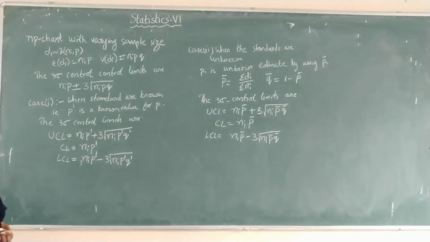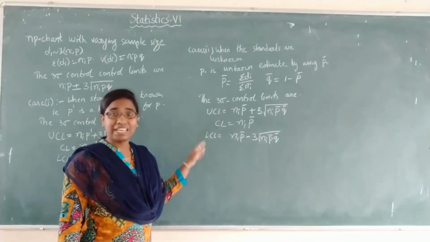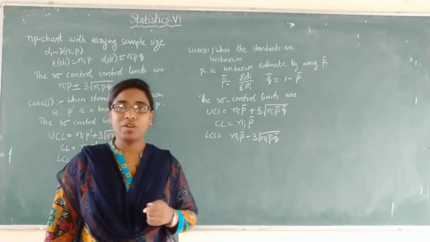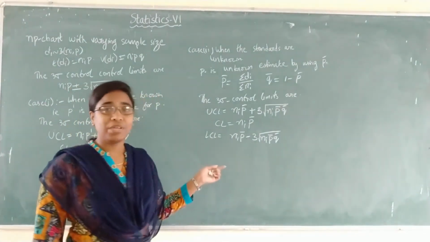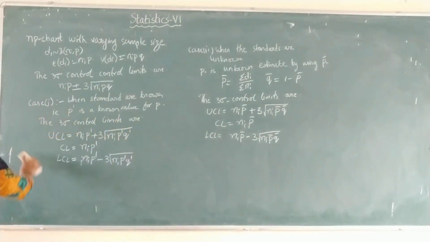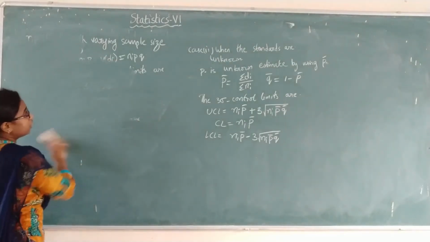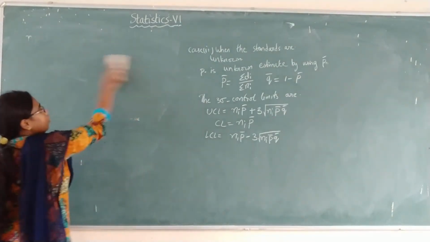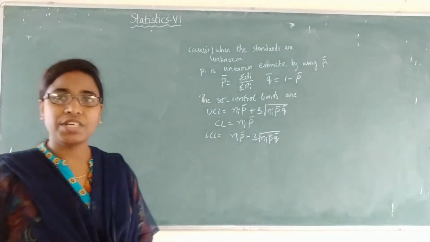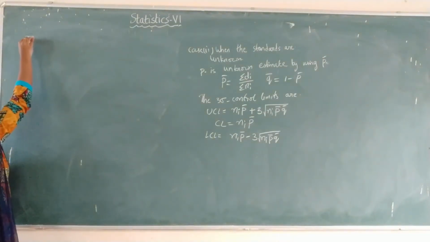Now how will you get the chart? Since here UCL, CL and LCL, all 3 are varying. In P chart only 2 will be varying, but whereas in NP chart the UCL, CL and LCL all will be varying, so that you will get the chart as I show the chart. Here you will not get any horizontal lines because UCL is different, CLs are different and LCLs are also different.